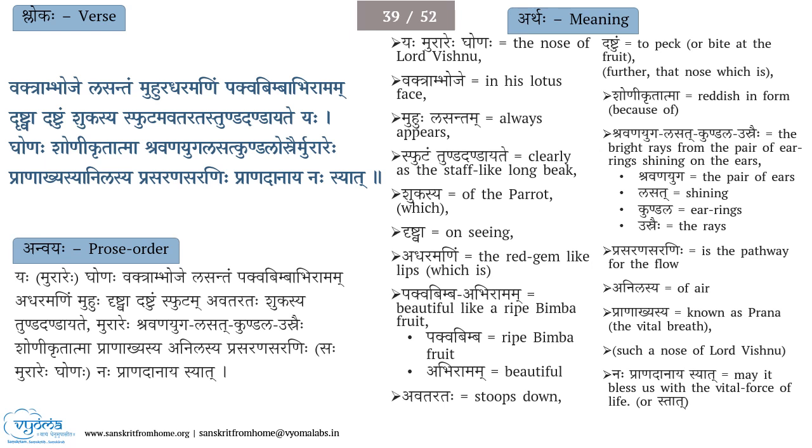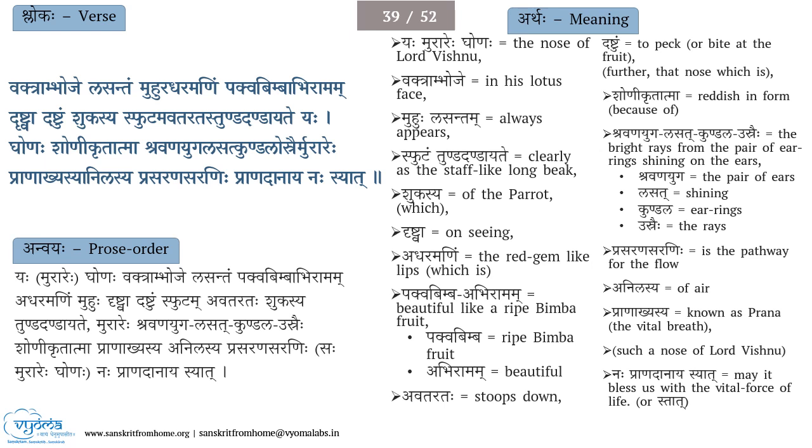And further it is Sphutam Tunda Dandayate. Sphutam is, it is so clearly visible and very distinct. And distinct like what? Tunda Dandayate. Tunda is the beak and Danda is staff or rod. So like the long staff-like beak of what? Shukasya, of the parrot. So this parrot, when it sees a fruit, that is this red colored fruit, it goes